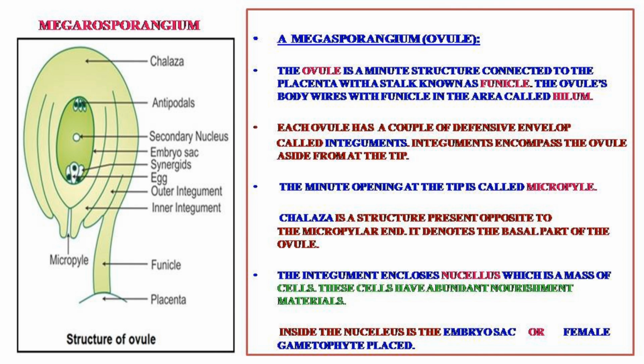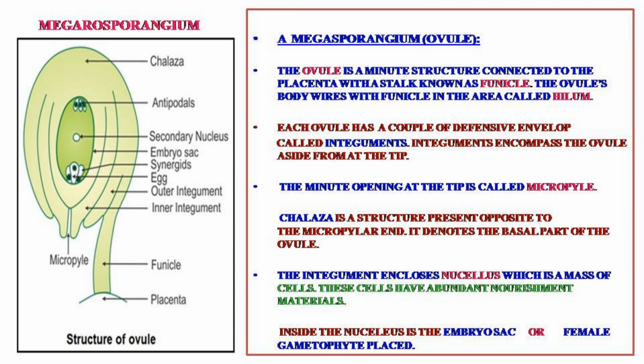A mature ovule has a stalk and a body. The stalk of the ovule is called funicle or funiculus. Funicle is vascular. That means it has xylem and phloem to supply nourishment. The point or the junction at which the body of the ovule is attached to the stalk is called the hilum.